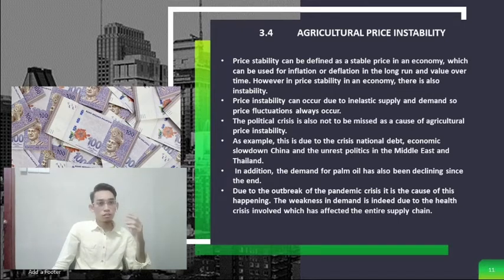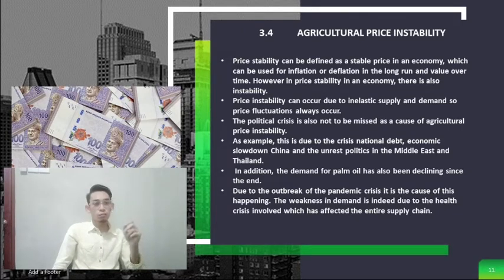Demand for palm oil globally is expected to contract by 4% or 3.2 million tons this year following the impact of the COVID-19 pandemic. Global statistics in 2019 show the demand for the commodity reached 71.48 million tons, followed by soybean oil 55.46 million tons, mustard seeds oil 27.62 million tons, and sunflower seeds oil 19.33 million tons. In conclusion, the price instability in the agricultural sector consists of several factors